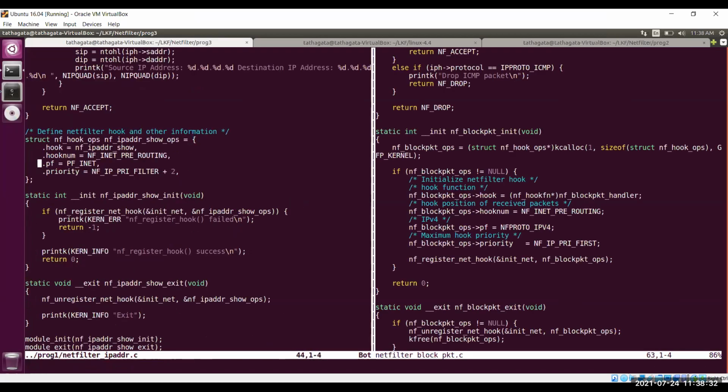Here, we have mentioned the instance of the structure as a global in the kernel module.